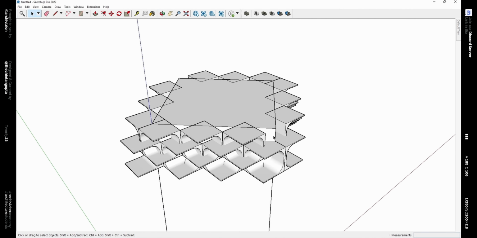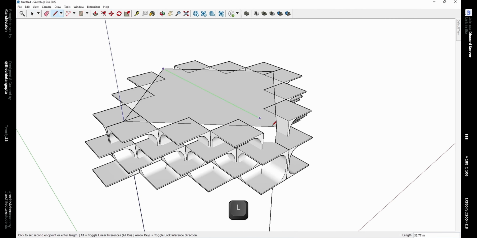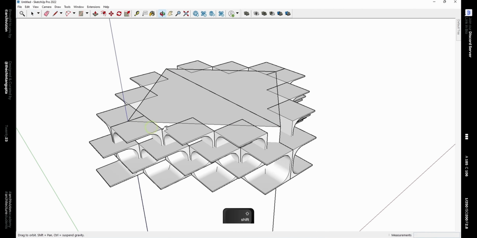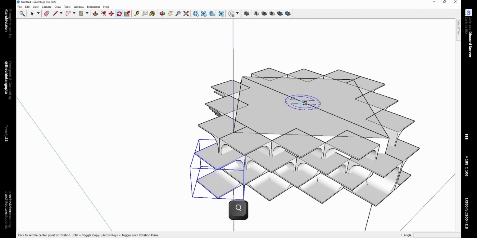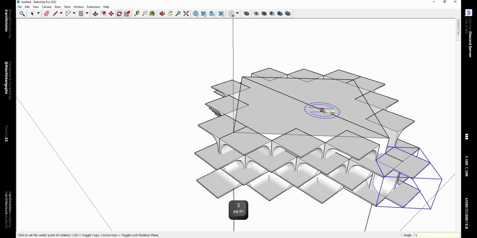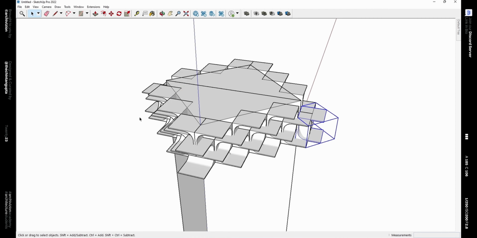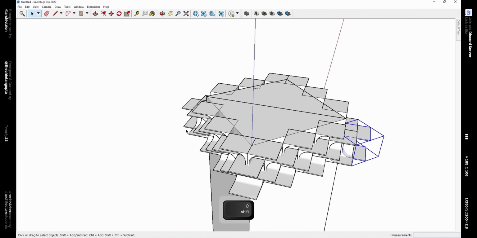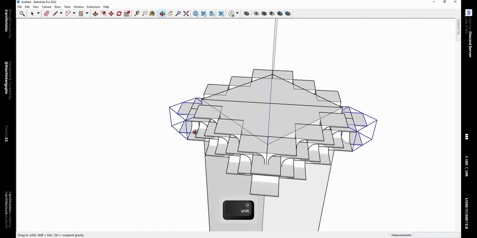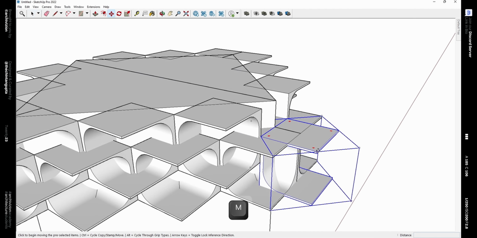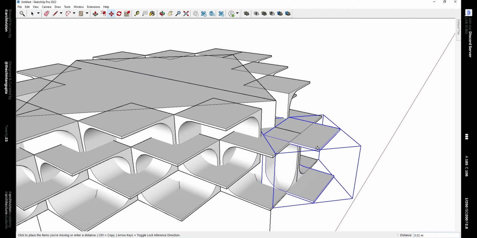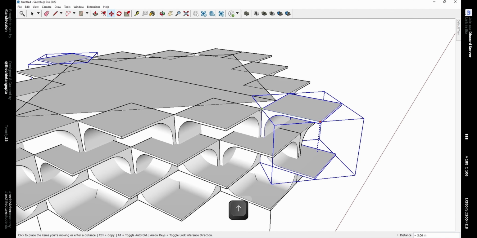Delete them. Now make a line using the line tool so that we can use this as a reference to rotate. Select component 2 and rotate 3 copies of it using the rotate tool along with the control key, this, and then type 3x, make 3 copies. Now select these 2 opposite components and move them to match the upper level like this.